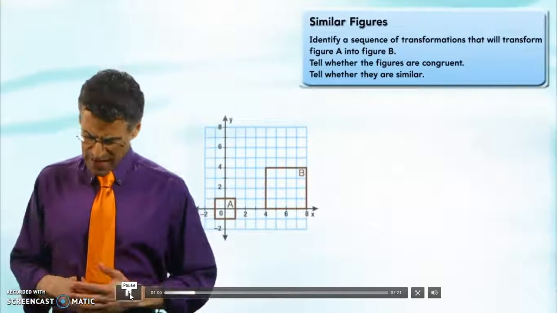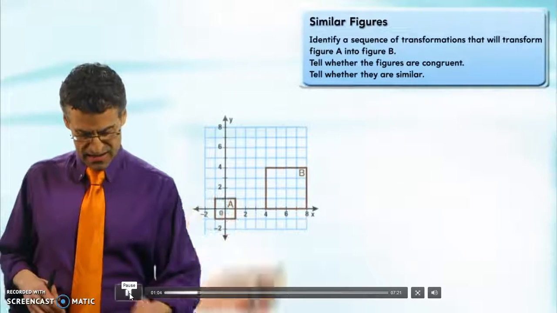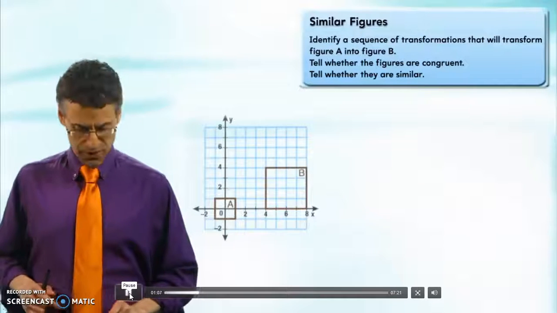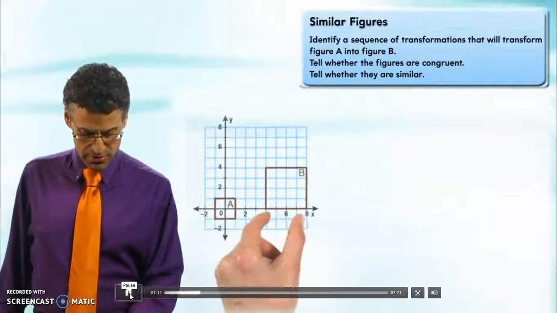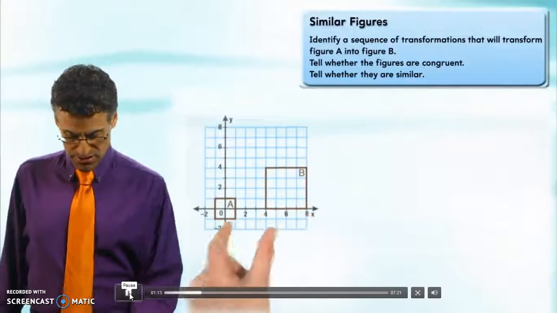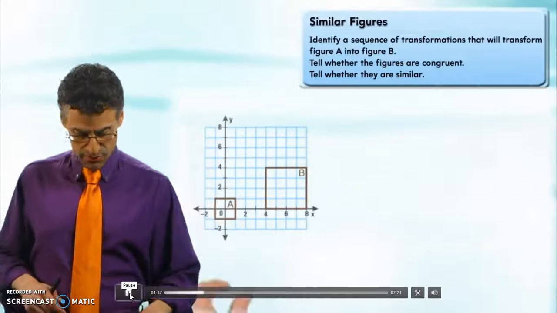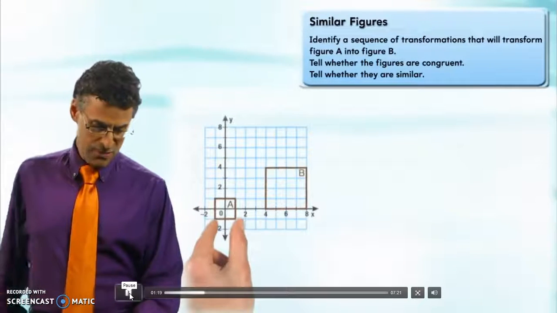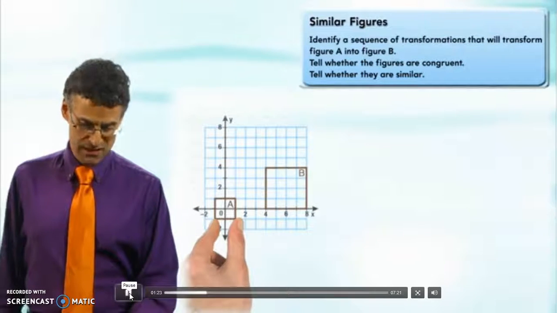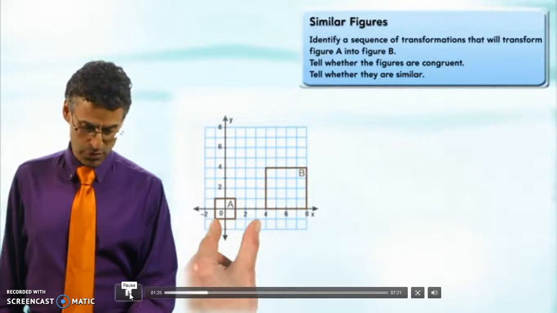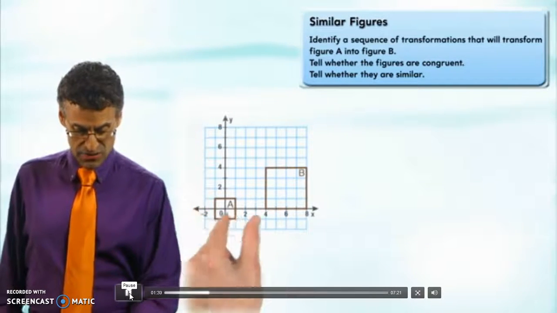Okay, well, how might we do this? Well, the first thing I notice is that this A is kind of small. So the one thing I want to do is actually kind of enlarge it. Well, this length is 2, this length we see is 4, so actually I need to dilate. I have to give a dilation with a scale factor of 2, which means that if I just took this length and multiplied it by 2, that's what the scale factor of 2 means, it would take 2 multiplied by 2 becomes 4. So in fact now it would kind of be twice as long and twice as high, so it would be the same